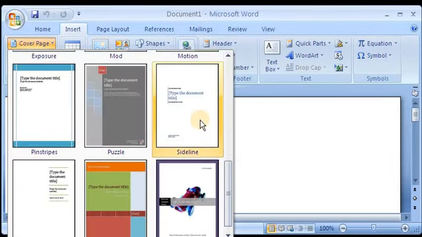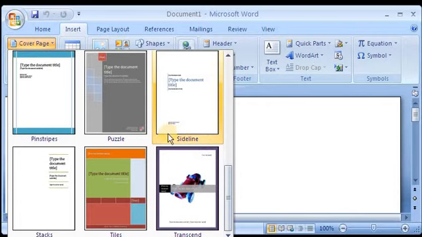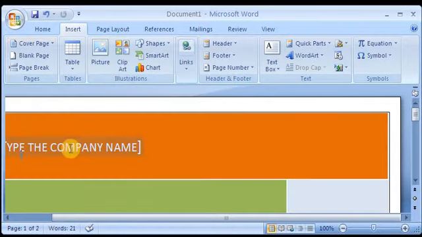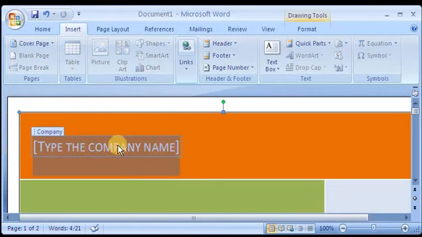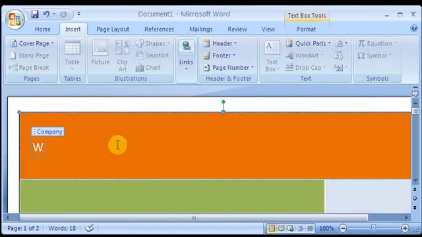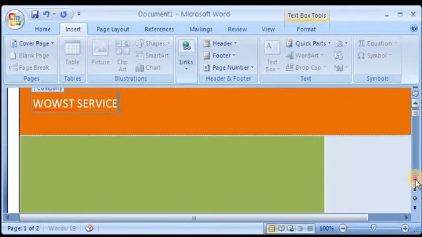So many covers are available, we don't need to design. Just select it and write your company name. This way you can make your document more creative and effective.